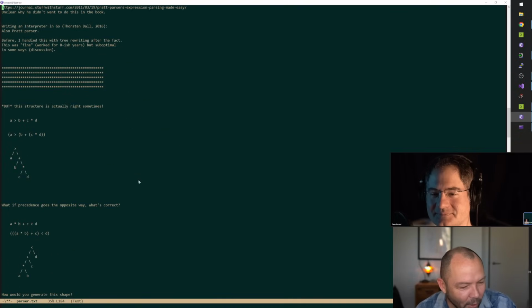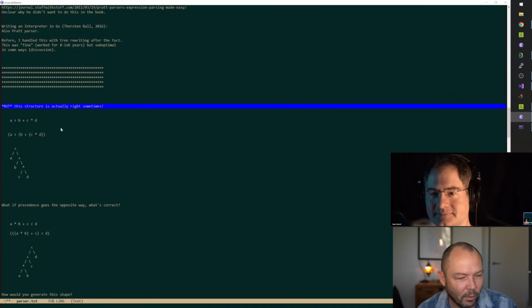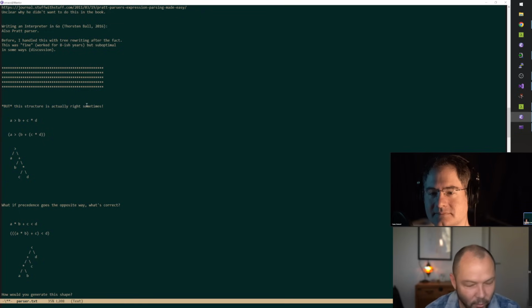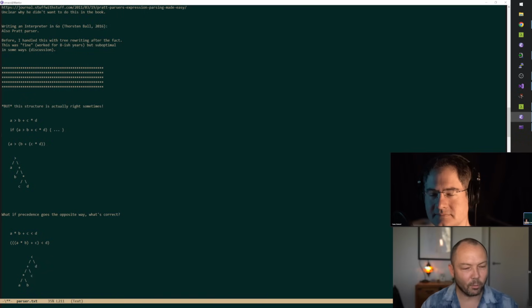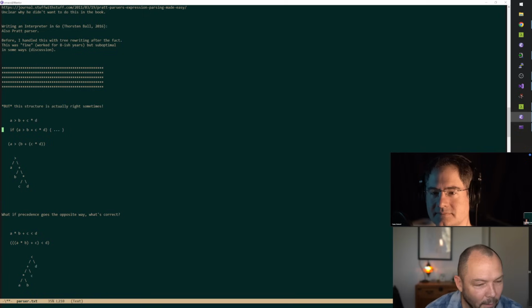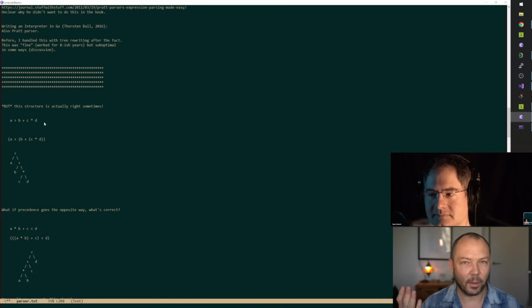So it's actually right sometimes. And this is the key insight to these papers and stuff. Let's say you have an expression such as A is greater than, like there's an if statement around this, right? You're going to say, if this, do something. That's a real thing that happens. If it happens to be arranged in this way, the precedence of greater than. Now, if you're just thinking about math operators,